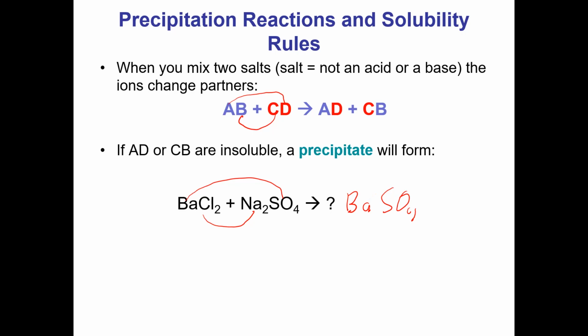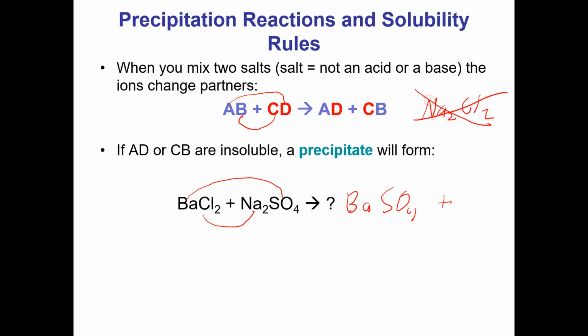Barium is in group 2. It has a 2 positive charge on it. Sulfate is one of our polyatomic ions. It has a 2 negative charge. 2 positive and 2 negative add up to 0. So this is the correct formula for barium sulfate. Now when sodium chloride goes together, we do not write